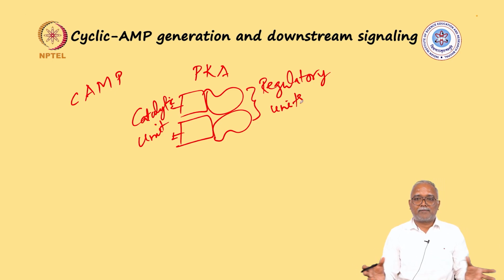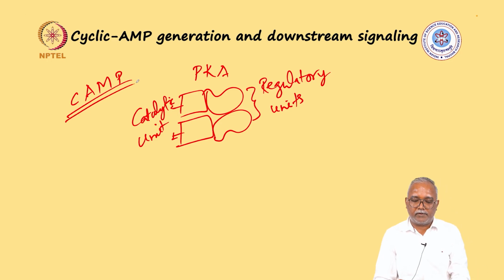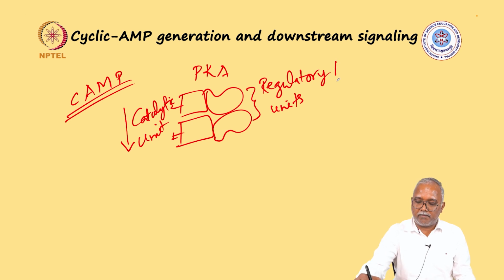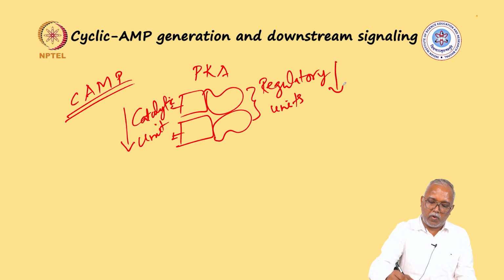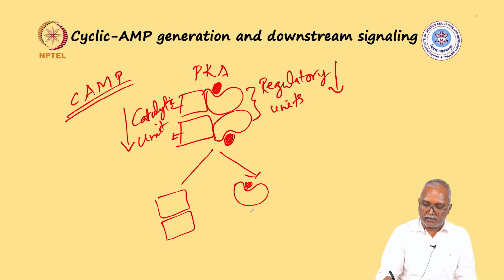So normally in absence of cyclic AMP, this heterotetrameric assembly will be there, and the catalytic activity of this unit is regulated by this regulatory unit. So what will cyclic AMP do? It will go and bind to the regulatory unit. Once this binding has happened, what will happen? There will be dissociation. So catalytic units will be separated from cyclic AMP bound